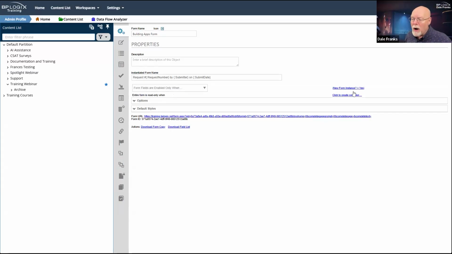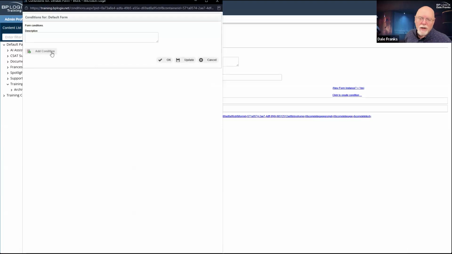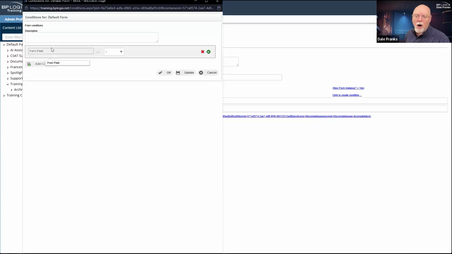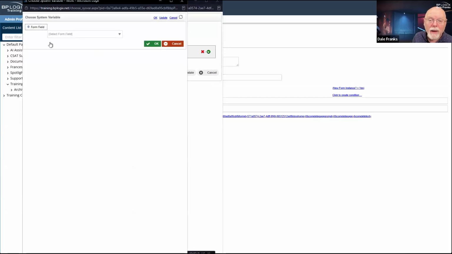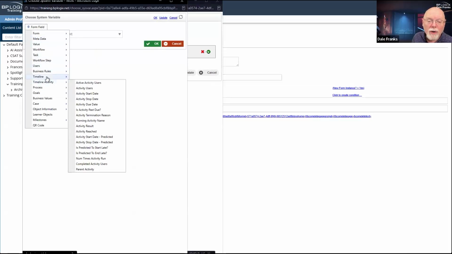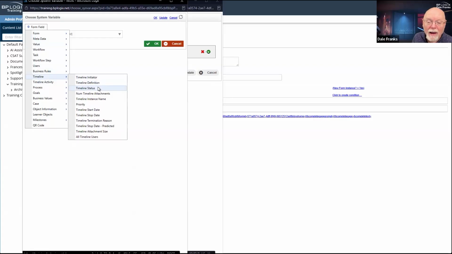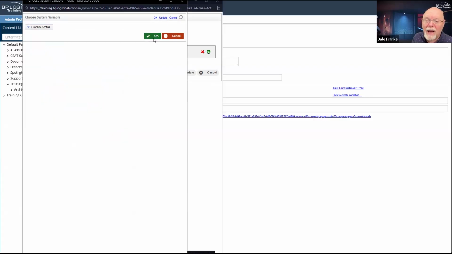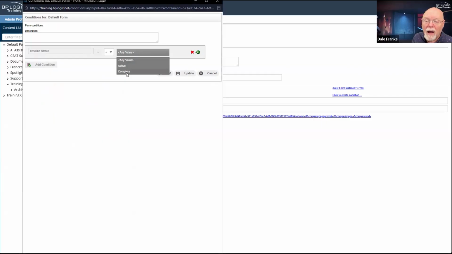It's a very convenient property because it allows me to create a condition that sets the form as read-only whenever the process timeline is marked as completed. So we'll go to timeline and timeline status, and we'll set the timeline status to complete. Now, the reason why we're setting the timeline status to complete here is that we don't want to make the form read-only at any point until our process is finished.